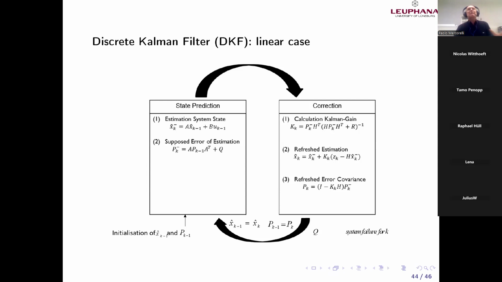When I speak here about step, we have to be careful. Probably I have to be more precise, because k-1 refers to the previous output of the Kalman filter. Everything starts with the state prediction, which at the beginning of the algorithm needs,